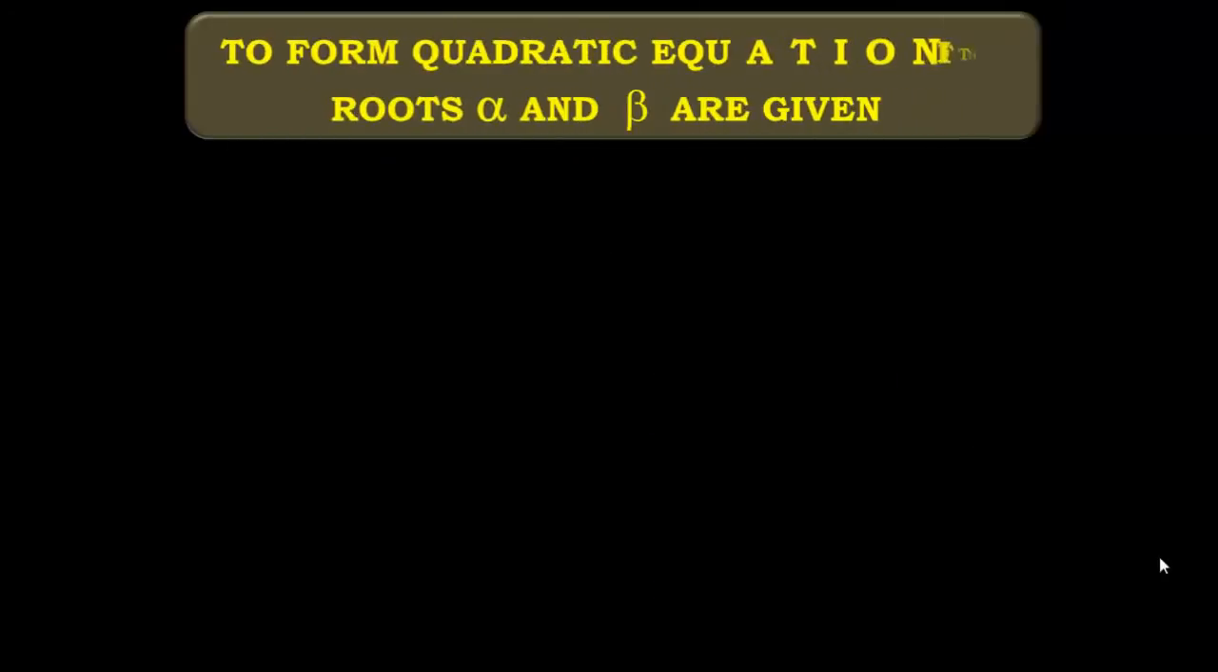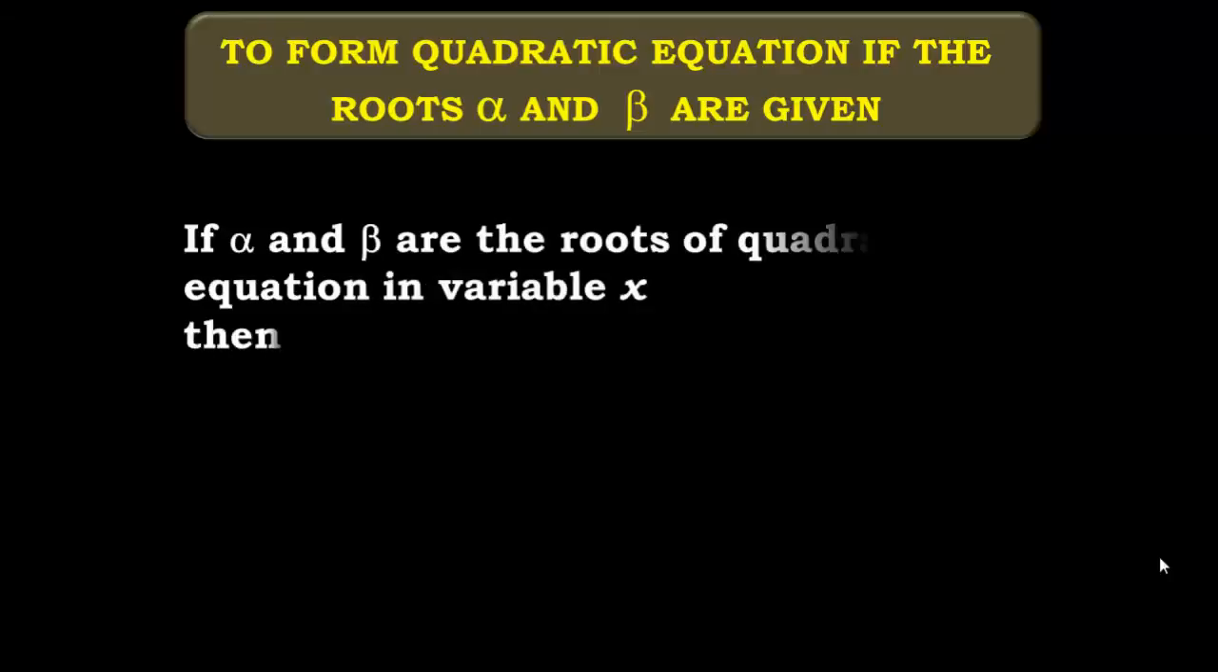To form a quadratic equation, when the roots alpha and beta are given. Now see student, in the question, if alpha and beta, the roots of a quadratic equation, are given, you have to form the quadratic equation. See, if alpha and beta are the roots of the quadratic equation in variable x, then